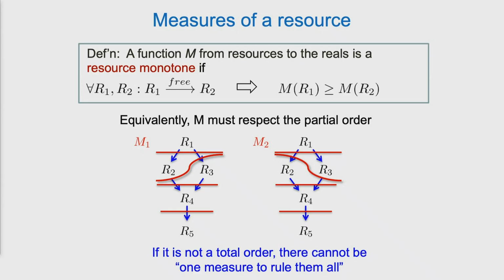And this is a warning, because in a lot of the entanglement theory literature, in the early days especially, there was this idea that, hey guys, I have a new entanglement measure, and it's really good, better than all the other ones. It's the one. This is the one you should all be thinking with. But if you think in terms of order theory, there is no single measure that actually characterizes the partially ordered set of resources. And that's all the information there is to know, is the partial order. Okay? And so if it's not a totally ordered set, one monotone will never do the job.